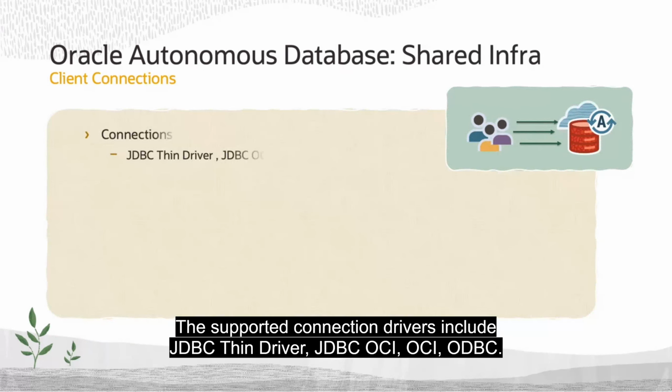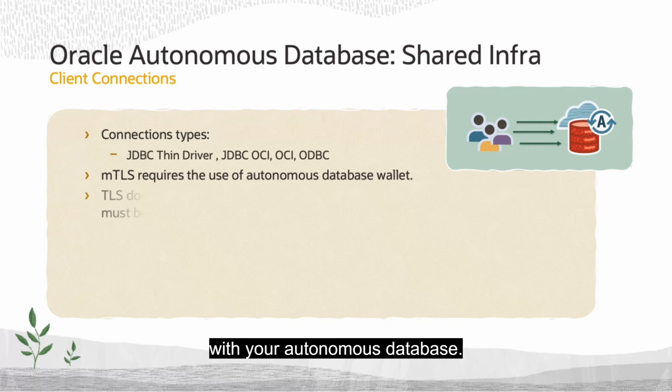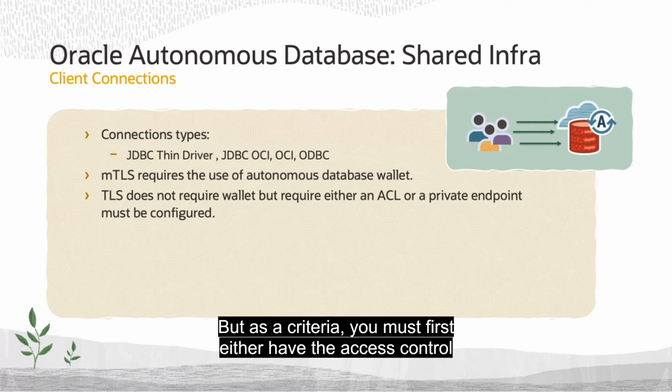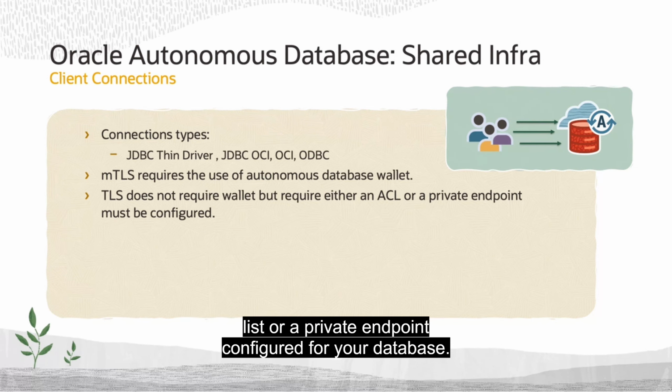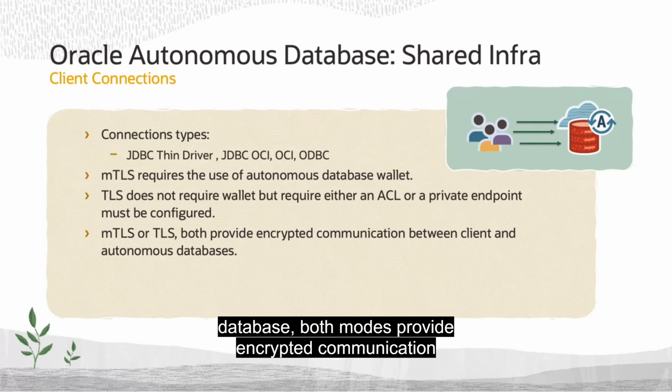The supported connection drivers include JDBC Thin driver, JDBC OCI, OCI, and ODBC. For MTLS-based connection, you must download the credential file and set the path to your wallet file before you can establish a session with your autonomous database. For TLS-based authentication, you do not have to use the wallet file, but as a criterion, you must first either have the access control list or a private endpoint configured for your database. However, whether you choose MTLS or TLS-based connection in autonomous database, both modes provide encrypted communication between the clients and